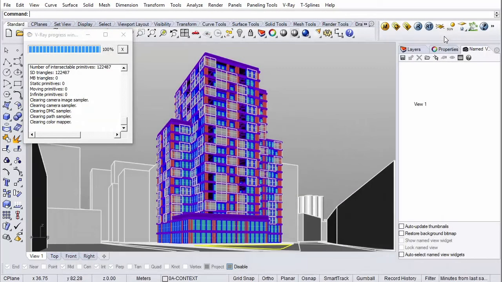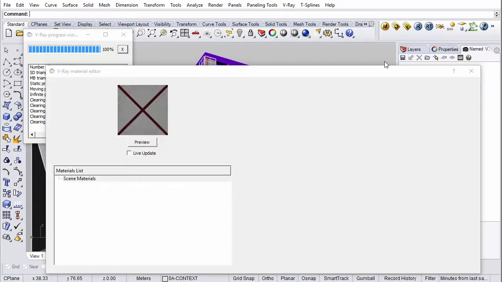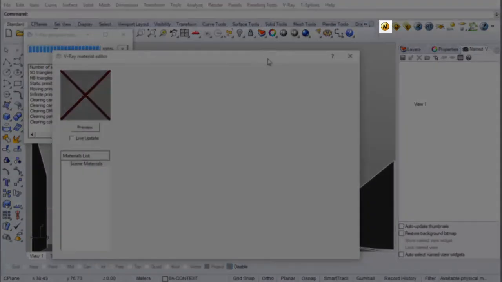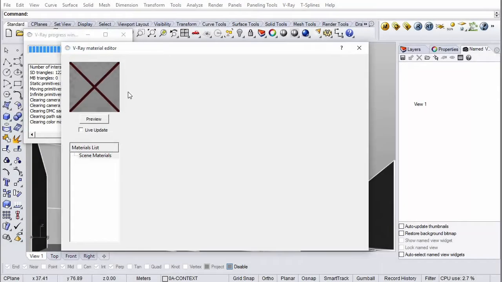So the materials are located here in this toolbar under the M. There's nothing here at the moment. And what we're going to do is create 5 basic materials that are quite useful to know for architectural purposes. We're going to create concrete. We're going to create glass.